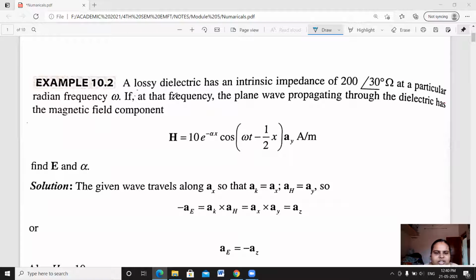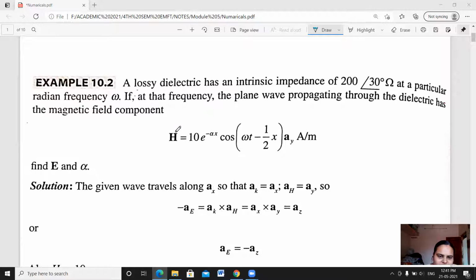Today's class we will be starting with some of the problems based on our fifth module. The first problem is: a lossy dielectric has an intrinsic impedance of 200 with an angle of 30 degrees ohms at a particular radian frequency, that is omega. At that frequency the plane wave propagating through the dielectric has the magnetic field